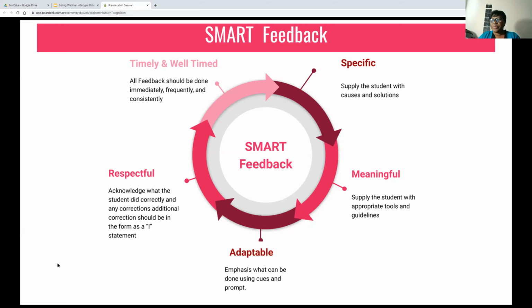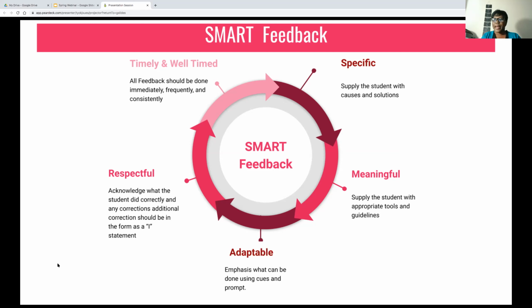The teacher should be able to provide different prompts and cues to the student as a guide. If the student is going in a direction that you know is wrong, or there's another better way that the student can go, you should provide that for the student. So it has to be adaptable. It should be something that the students can adapt with, and even you, the teacher.